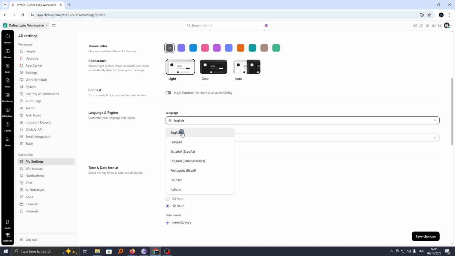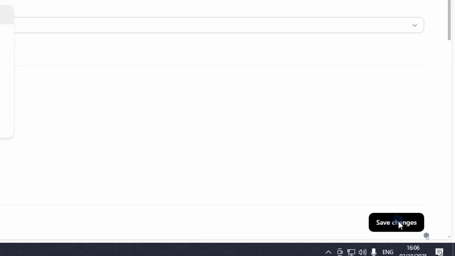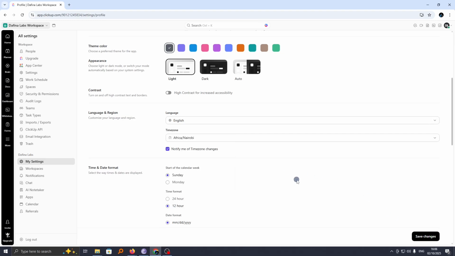So once you have chosen your language, now go ahead and click on save changes and these will be captured